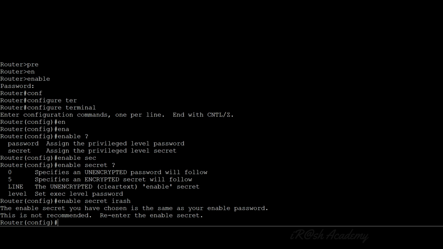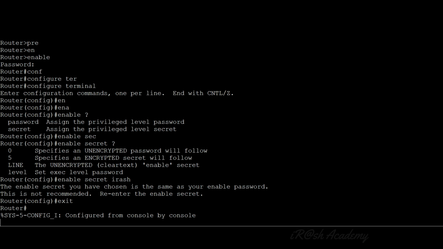So the Cisco iOS is saying that you already set up the same word as the enable password, so it is not recommended to use the same word for the enable secret also. You need to use a different word as a secret that is entirely different from the password. If you see this message, nowhere is it mentioned that setting up the secret Irash failed. Instead, it is just giving a warning that you need to use a different password as a secret. Now let me exit from this console